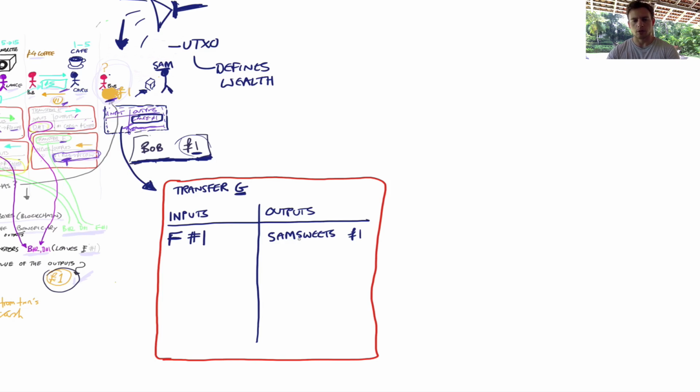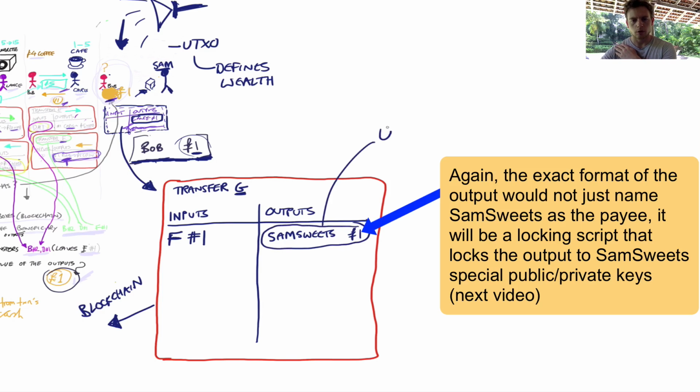And for the outputs, I'm just going to say pay. So the output is Sam Sweets, and the amount is £1, right? At that point, I just basically have to post that slip. I don't give it to Sam Sweets. I post it to the blockchain, right? And then as soon as Sam Sweets sees that the transaction has been accepted and stored in the blockchain, then Sam Sweets can see that this now becomes a UTXO for Sam Sweets,